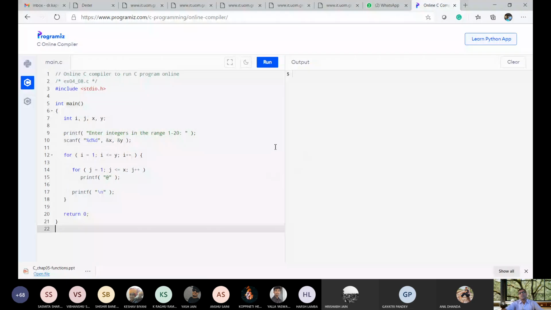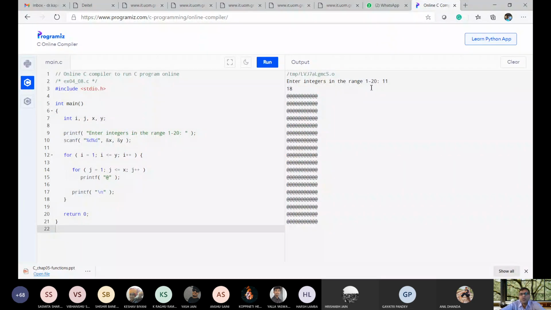Is this screen visible to all of you? Let me run this program. I have entered the numbers 11 and 18. Now you can see how many times it will be printed. 1, 2, 3, 4, 5, 6, 7, 8, 9, 10, 11.